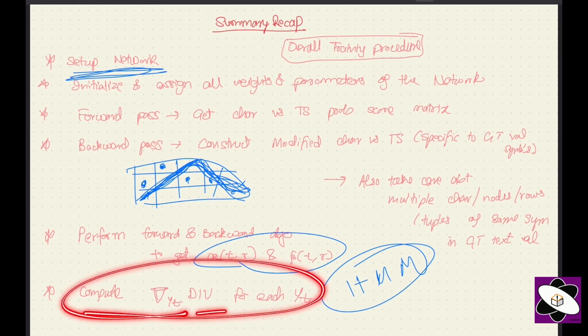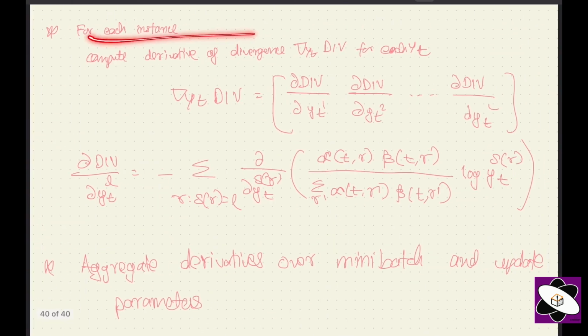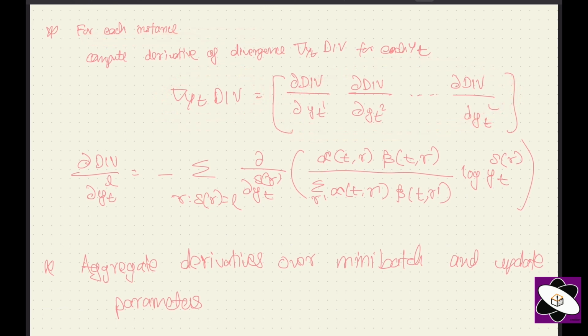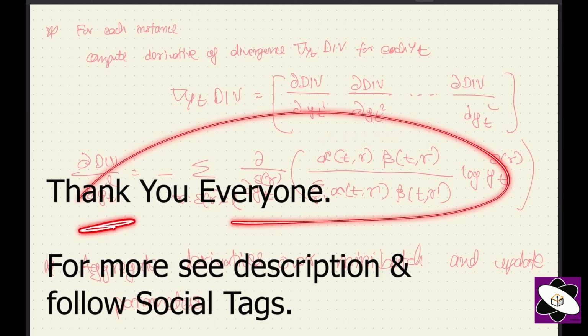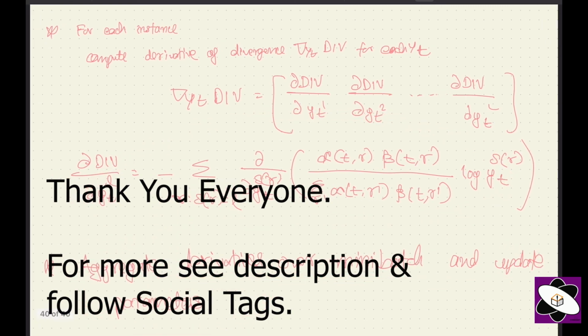Then we compute derivatives for each y_t, so we can get the derivative of the loss with respect to y_t, and we can back propagate to our bidirectional cell composed of a base RNN plus LSTM. Then we can also back propagate to the CNN for feature enhancement. For this instance it is something like this: we get all zeros, and for a particular y_t or output we get a positive or negative non-zero component. Then we aggregate the derivatives over the mini batch and update the parameters of the neural network so that training happens. And then prediction,